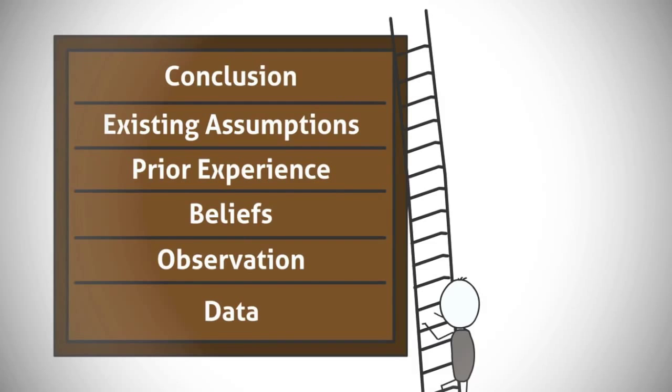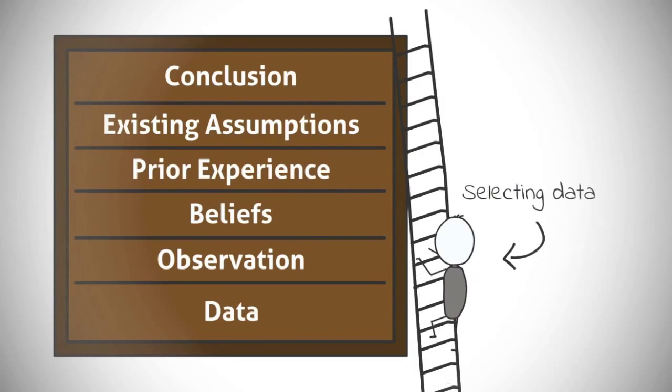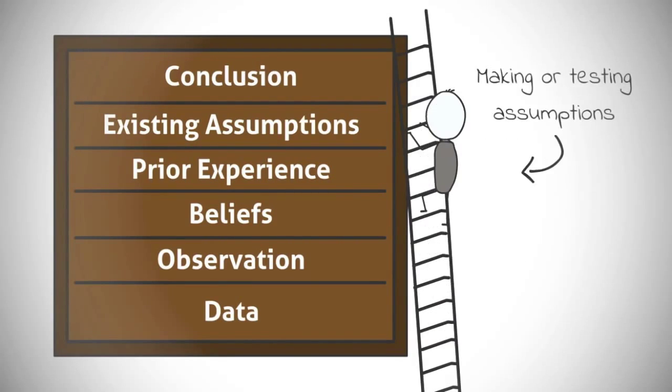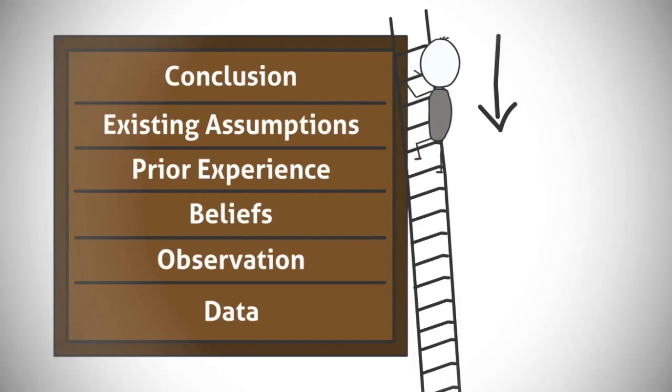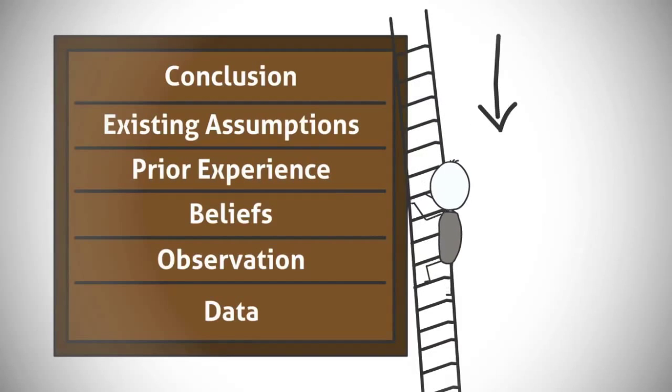By using the ladder of inference, you can learn to get back to the facts by remaining objective using System 2 thinking. The first thing to do when making a decision is to identify where on the ladder you are. Are you selecting your data, interpreting what it means, making or testing assumptions, forming conclusions, or deciding what to do and why? From your current rung, analyze your reasoning by working back down the ladder. This will help you trace the facts and reality that you are actually working with.